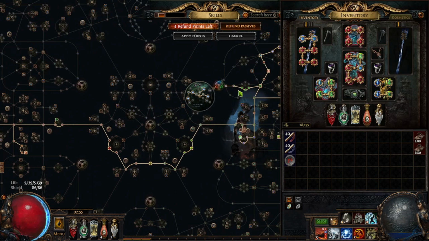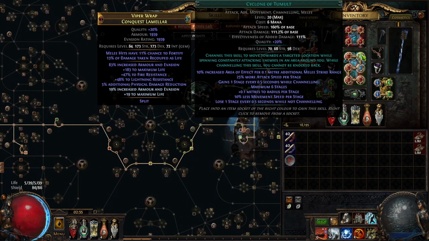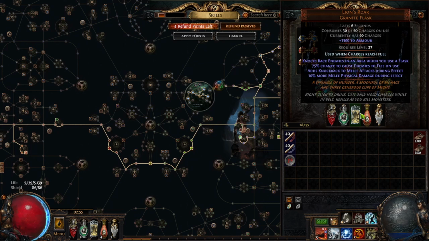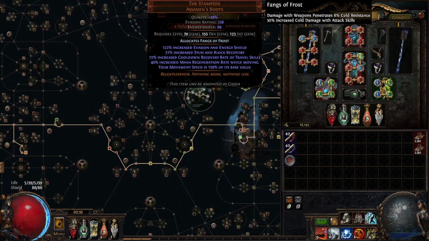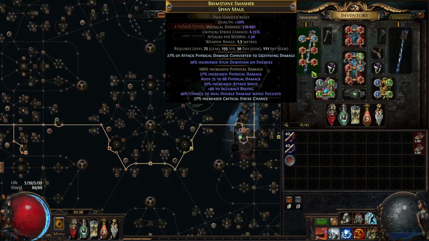Looking at the gear, the first things I bought was a Stampede for about 8 Chaos and a Tumult gem for like 1C because nobody's using this. And then I was able to get a Lion's Roar for a couple Chaos too. My first real investment was this 6-link chest. I got this for 6 Divine and was using this for my Cyclone setup. And then I spent a couple Divine making this mace yesterday,